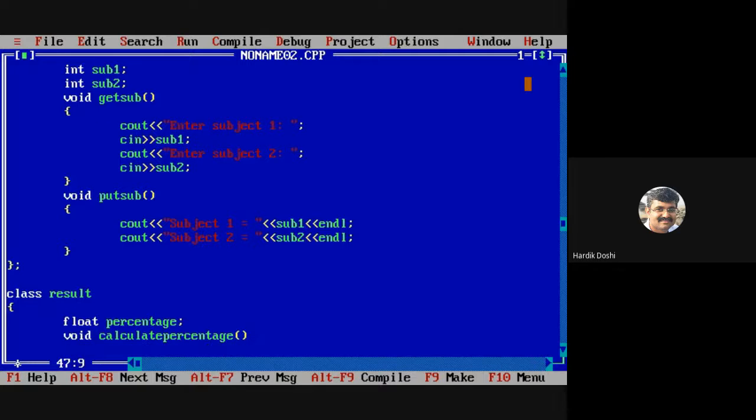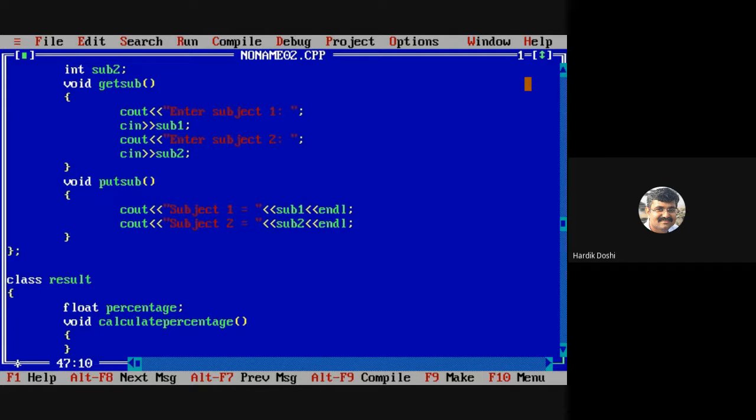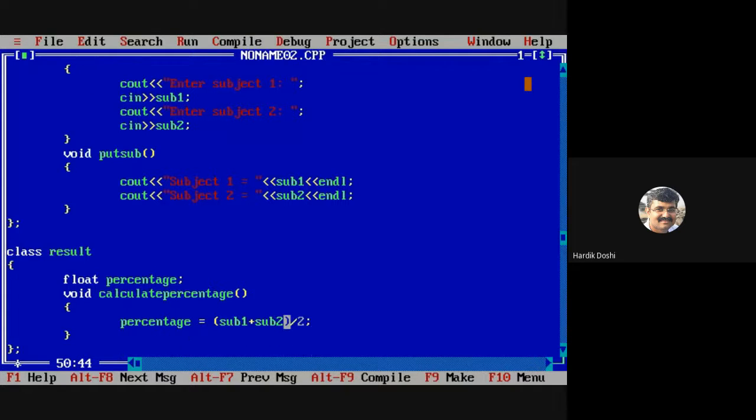We have to write such big names, yes, we have to. Hello, can I say in this case percentage is equal to sub 1 plus sub 2, whole thing divided by, is it fine? Considering out of 100 marks.